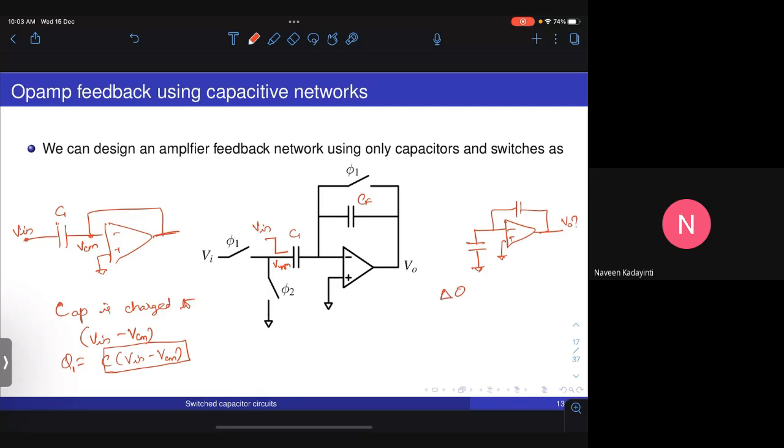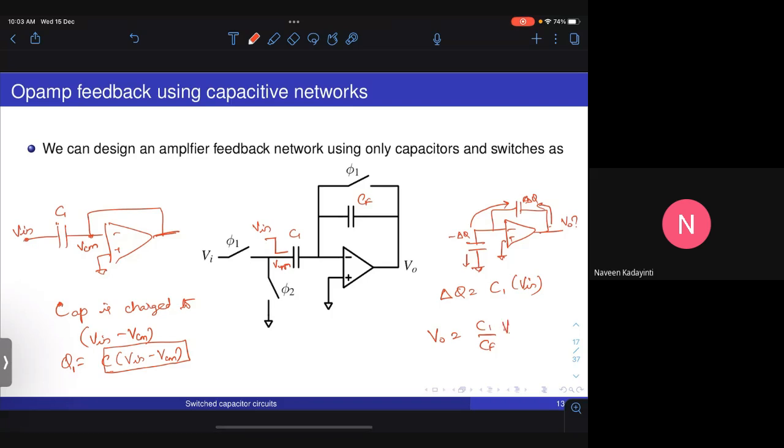So delta Q of C1 into Vin gets discharged from this node to ground. Therefore, minus delta Q, what is there on this side of the plate, will have to go to this capacitor, and that minus Q will basically pull charge of plus delta Q from the output onto this side. Okay, and you can just work it out. Because the capacitance values are different, you will find that